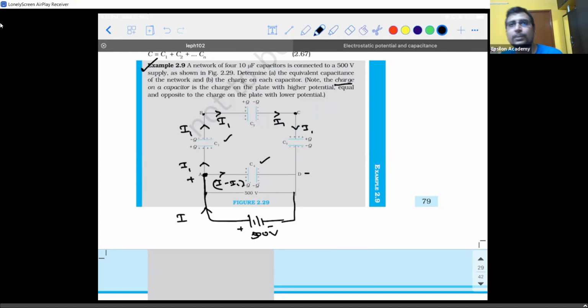So what you're supposed to do, in the rough work, is from the battery, take the total current to be I. Wherever the junction is, if the capacitors are there across the junction, then divide the current. If there is no capacitor or no junction, then take the same current into the loop. Okay, I1, then here it is I minus I1, and here it is I1. They both are towards the junction, so they will get added. So the same current I will come out. Are you able to understand?